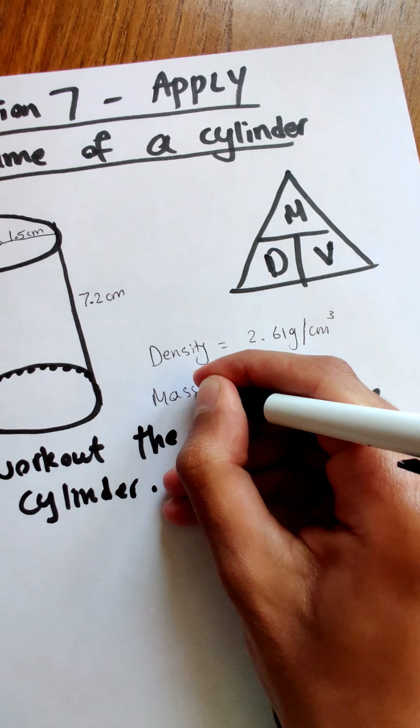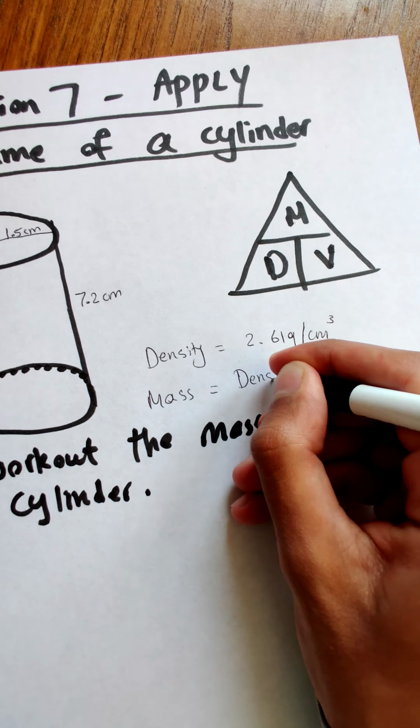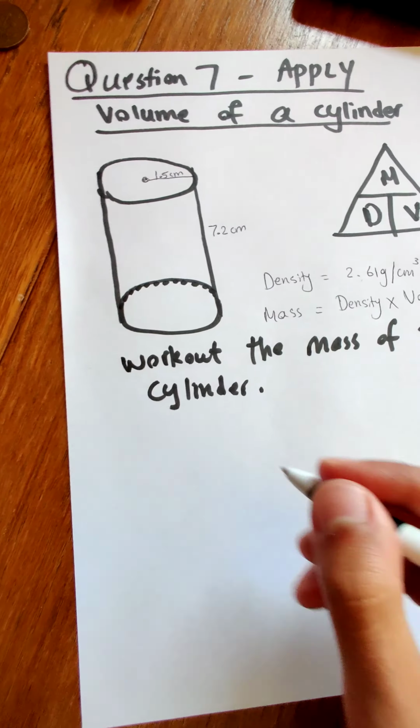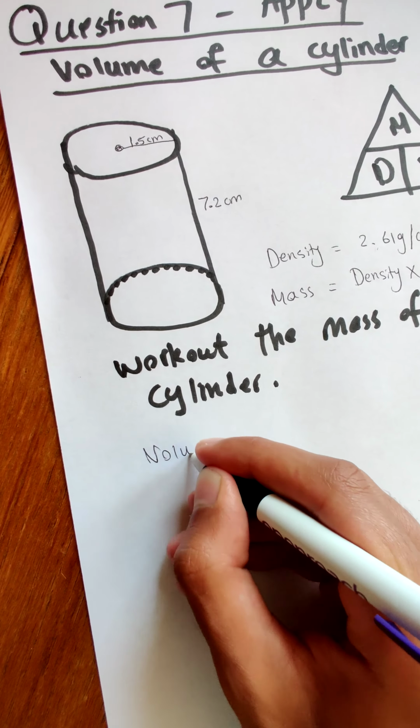So the mass is equal to density times it by the volume. Density times volume. So we've got density given to us, but we don't have the volume. How can we find that volume of this cylinder? Well, we know what the volume of a cylinder is. We can use that formula for finding a volume of a cylinder. So we need to find a volume. So the volume of the glass cylinder